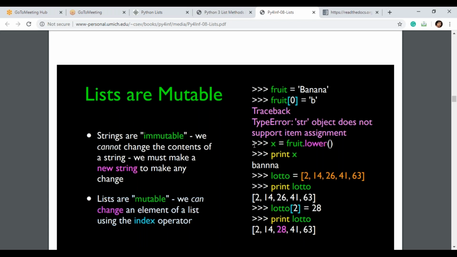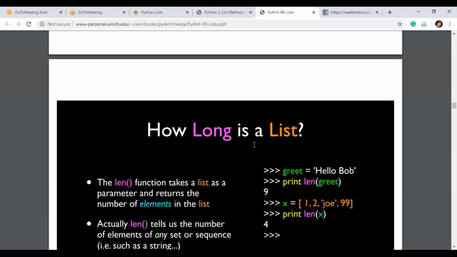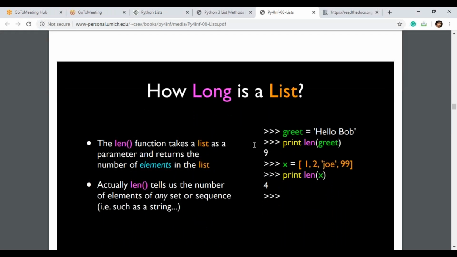Next, how long is a list? Long in the sense of the length of the given list. The length function takes a list as a parameter and returns the number of elements in the list. So greet is equal to the string Hello Bob. Print length of greet.